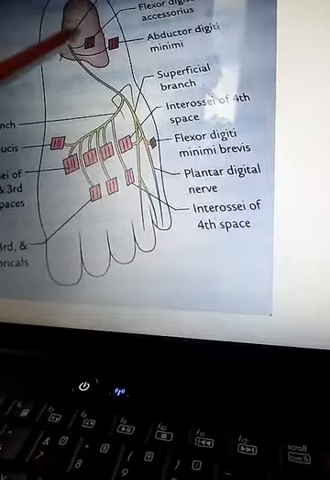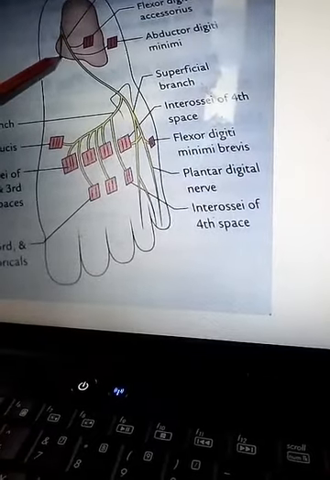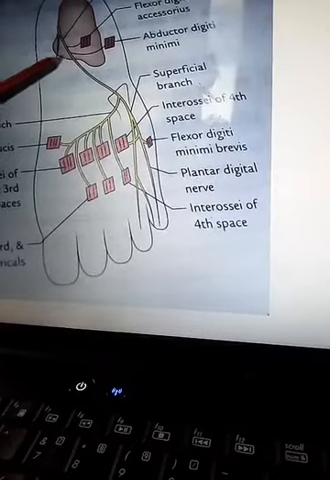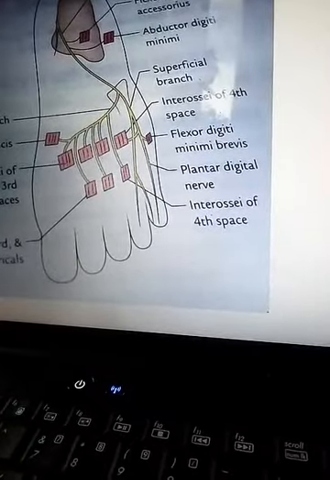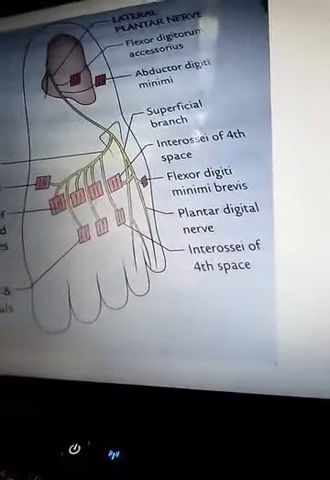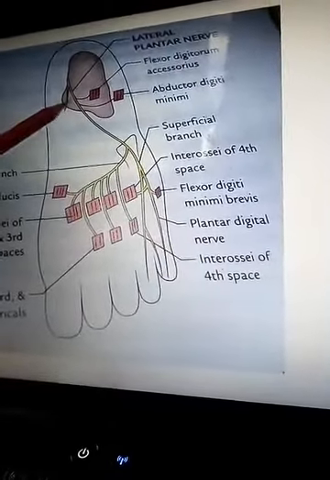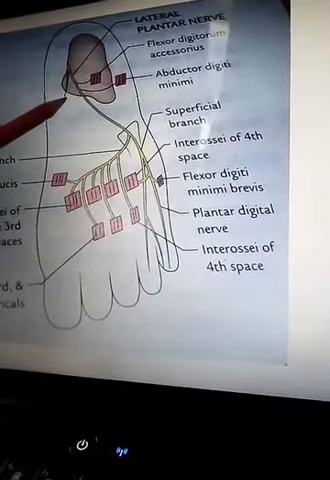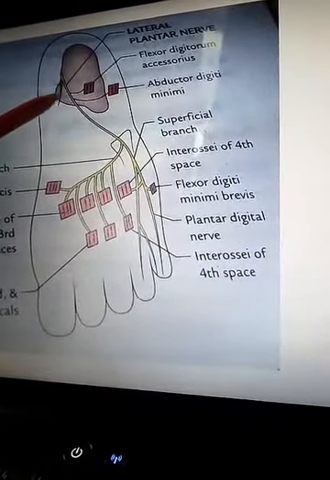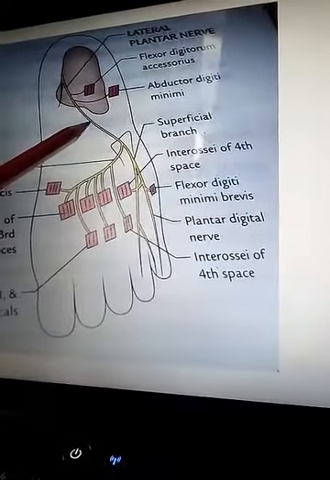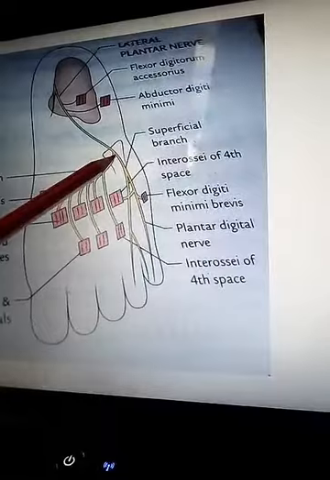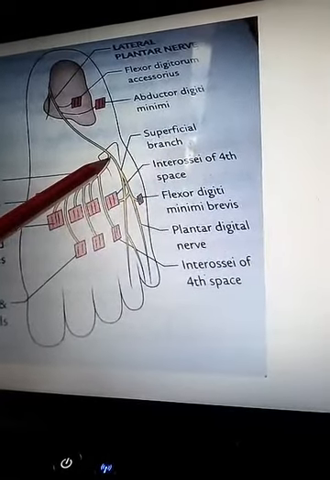It is the smaller terminal branch of the tibial nerve and it also begins deep to the flexor retinaculum. It also passes deep to the flexor retinaculum. It appears in the sole deep to the abductor hallucis. It passes forwards and laterally to the base of the fifth metatarsal in between the first and second layers of